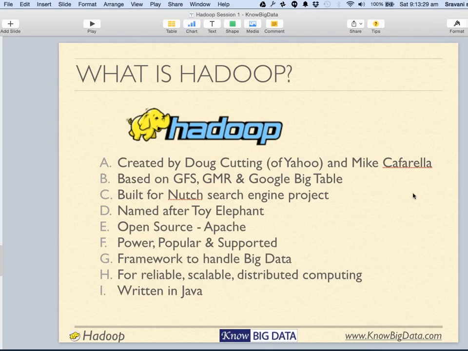In the beginning, we had the Hadoop file system, HDFS, the Hadoop Distributed File System, the equivalent of Google File System. Then we had Hadoop MapReduce on the lines of Google MapReduce, and then Google Bigtable, which is similar to HBase we have right now. So effectively, Hadoop's first version was based on the papers published by Google. It was named after the toy elephant called Hadoop with which Doug Cutting's son was playing.